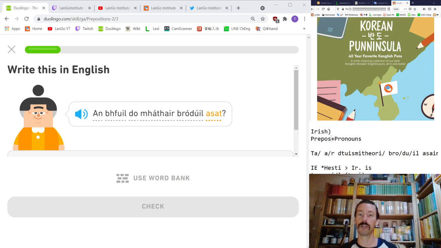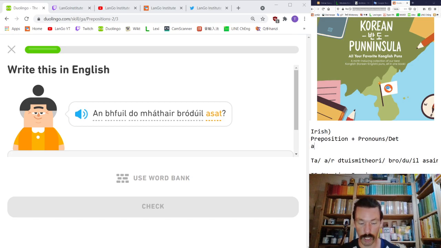A little hard to remember, but as long as you're clear on what you're looking at, I think it can be mastered. Preposition, so little words to, of, on, from, and so on, plus a pronoun or some other determiner, like an article. Maybe possessive? Yeah, they fuse with possessive forms too. Those are determiners. For instance, here we see asat. The as part means from, and the T final there tells us from you, singular. In a single word form, we need two words to say that in English.